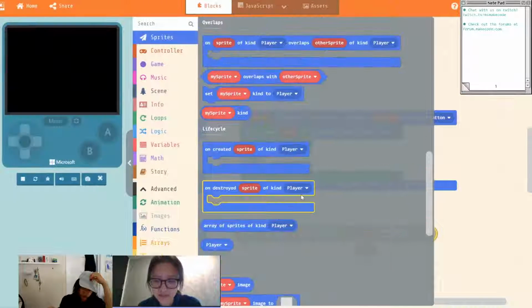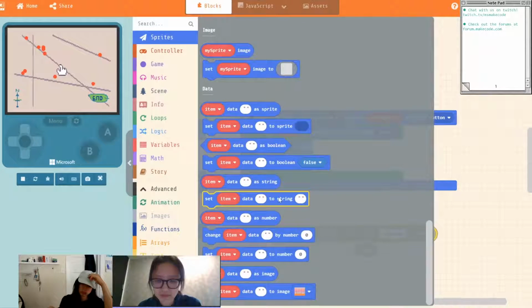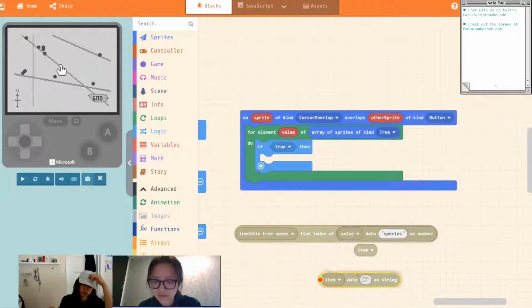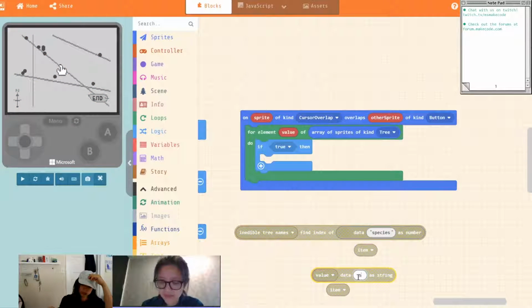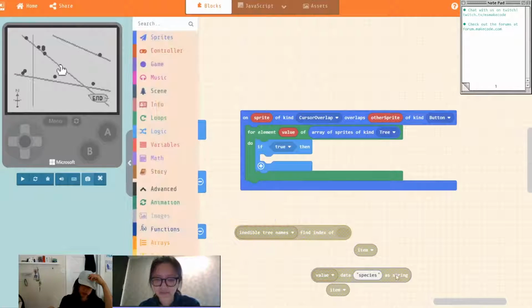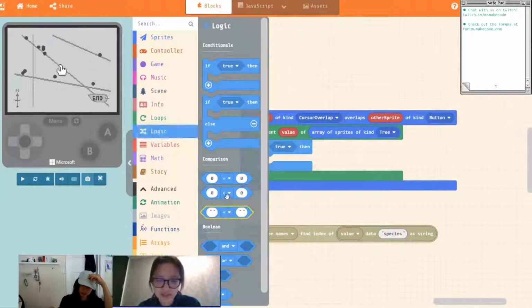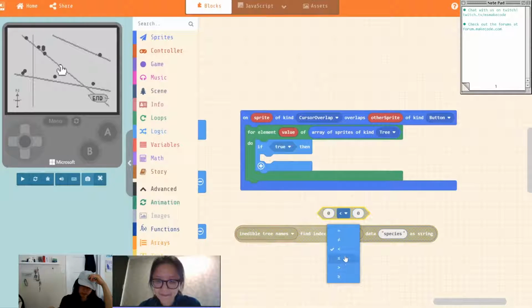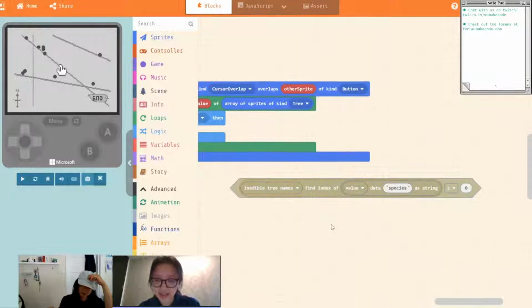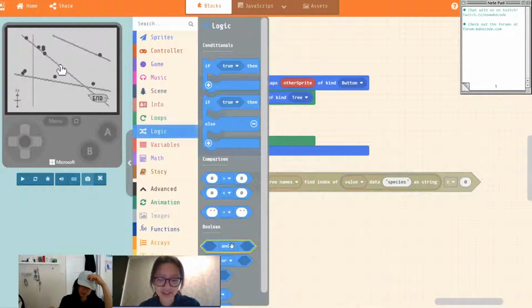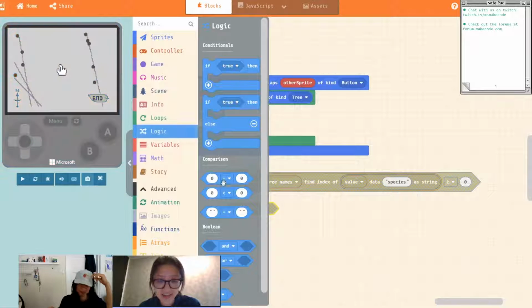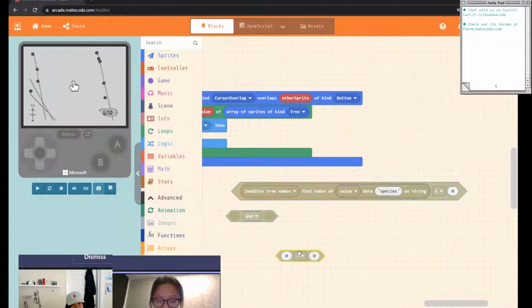It should be string. Okay, so if the index of this is greater than or equal to 0, that means it is inedible, and the color is not equal to